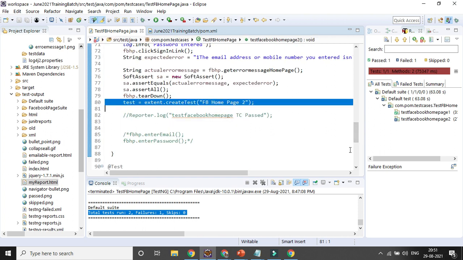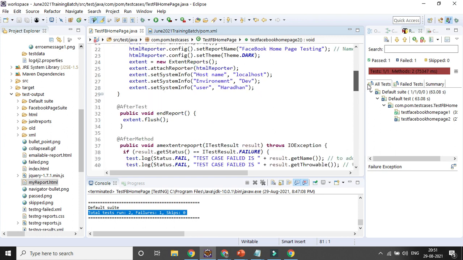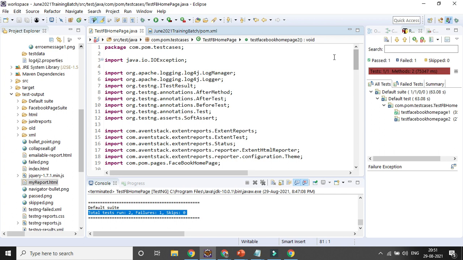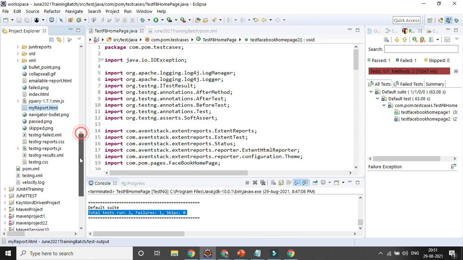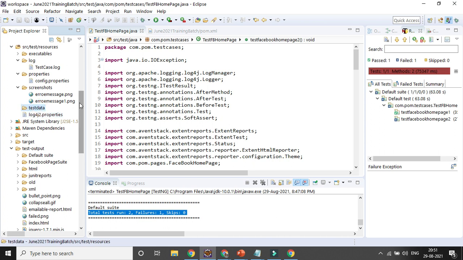You can also implement it in your listener class. You need to add a few more steps, so you can have a look. In case of any challenges, you can let me know after practicing, and I can definitely help you out with that also. Another thing is that you can also try to read external sources. I did not cover it because I already covered so many sessions on how to load the data, how to read and write the data. You can refer to my data-driven framework, keyword-driven framework, or hybrid framework, and just add the data in the test data sheet, read it, and go for multiple iterations.